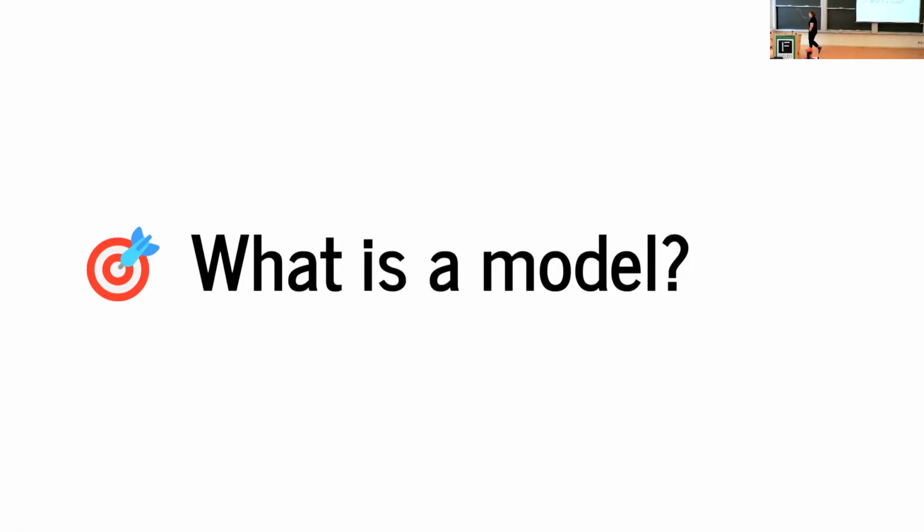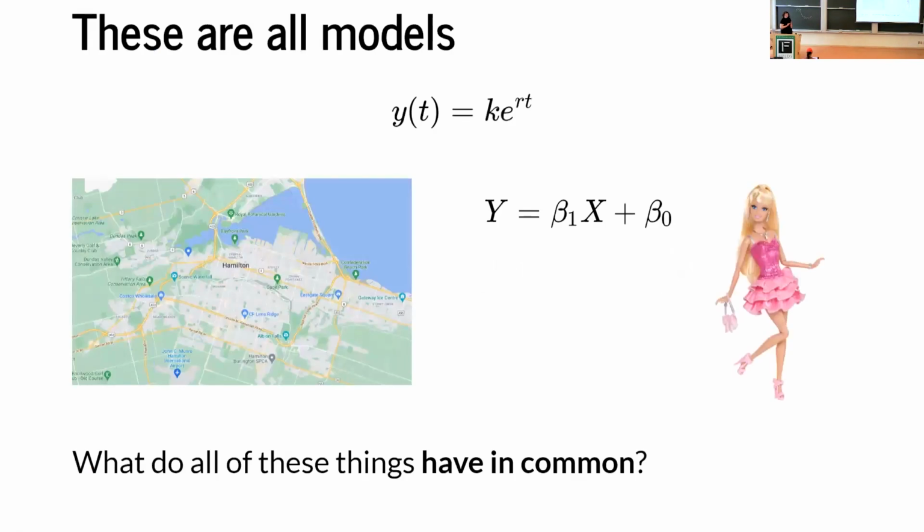Thank you. So I'll say that these are all models. I know this is very topical because of the Barbie movie, but I made this slide like 2 years ago, so I was ahead of the curve. We have a map of Hamilton, which is where McMaster University is, where I did a lot of my schooling and am now adjunct. There's a model up here. Who knows what that model is? I'm guessing some people here do. The one up here. Is that familiar?